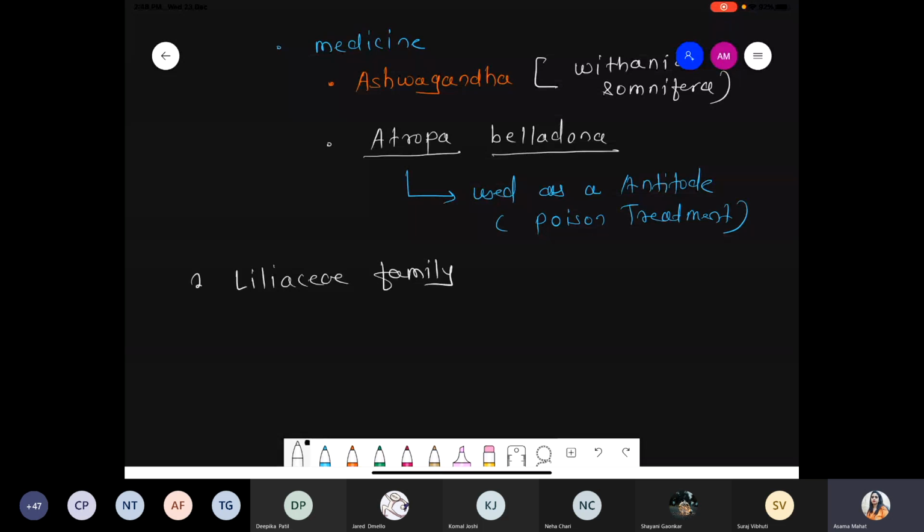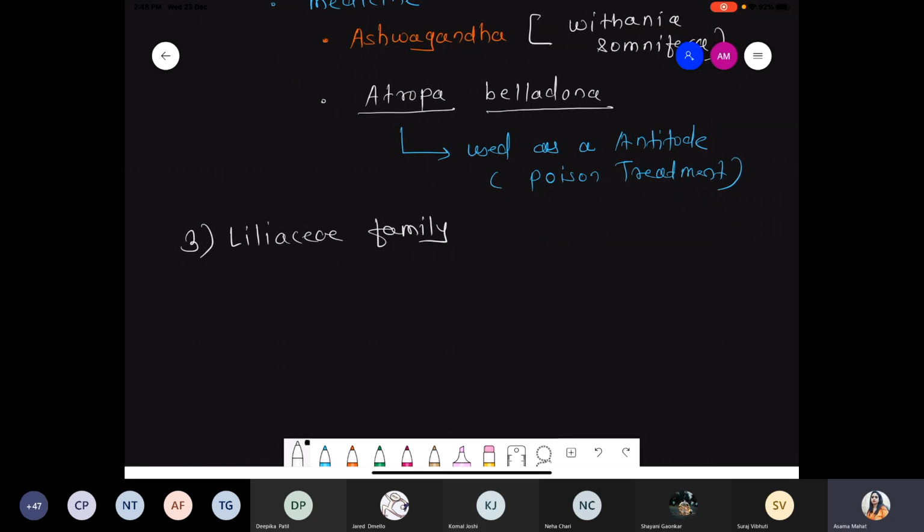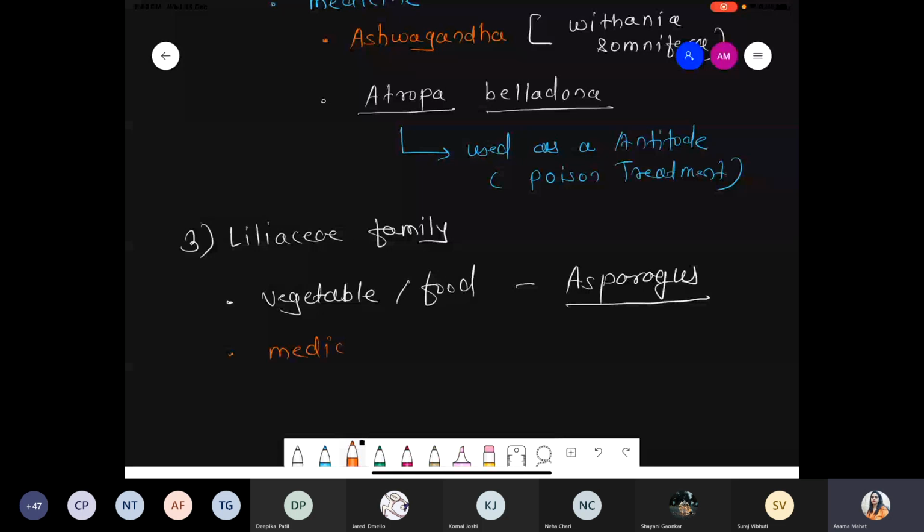Next point, Liliaceae family. In case of the Liliaceae family, first of all, we are talking about vegetables, means food actually. One example, asparagus. Asparagus belongs to the Liliaceae family and is used as a food. Another one as a medicine. Best example, aloe vera. So you might have seen that in case of aloe vera, basically